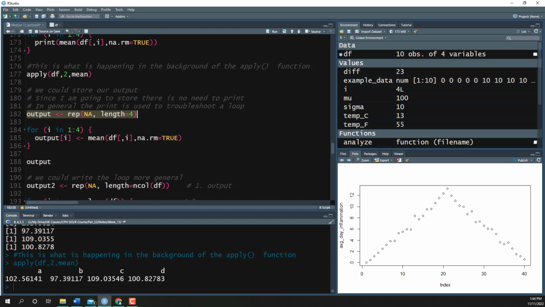And what I want to do is, again, for i in 1 to 4, I want output i to be equal to the mean of the ith column. So remember, anywhere that you see i here, that's where we're going to sequentially replace that with the numbers 1 through 4. So the first element of output is going to be the mean of the first column. The second element of output is going to be equal to the mean of the second column. So if we run that loop,